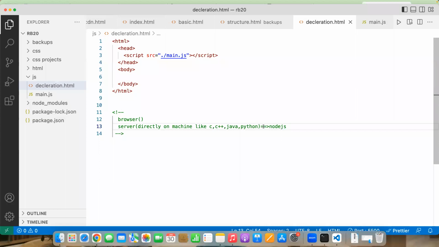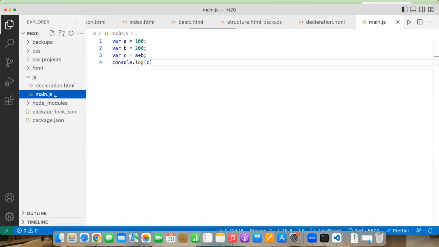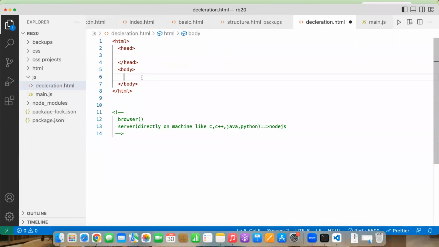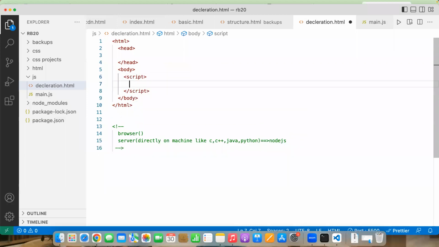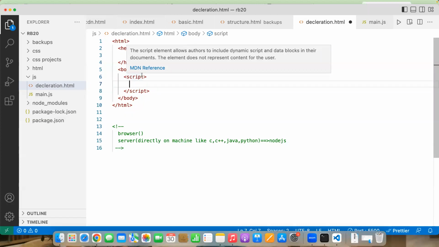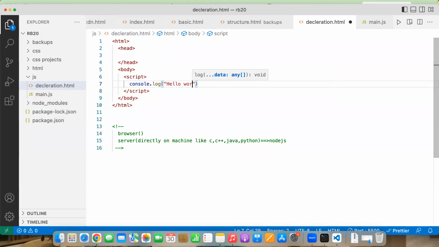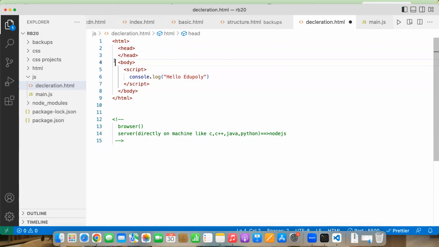Now we don't even write a separate JavaScript file. What I do is directly write everything inside the body under script. This is also another way. Here also I would like to use console.log of hello world, hello edupoli. You know what the head section is and what the body section is. I am writing the code inside the script. When I run this code, it will print hello edupoli